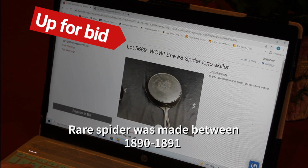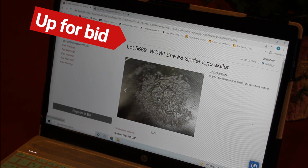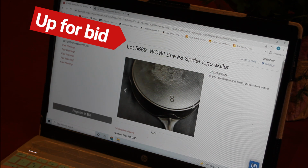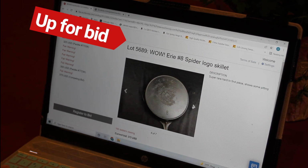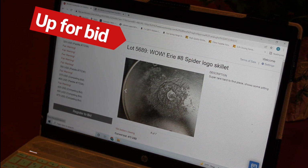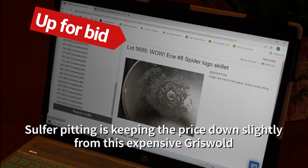Wow, a spider logo skillet. But the logo is no good. So Erie, for a time, used these really cool spider logos, and I was hoping to show you what it looked like, but this one is not so good. They used to use sulfur gas to heat their pans with, and that really ate the bottom. So this has got lots of sulfur pitting, but guess what? That's not really hurting it a ton, because this is a number 8, and it's already up to $1,000 bucks,